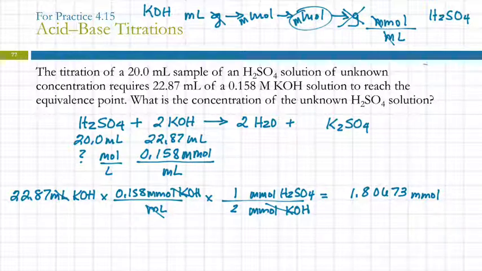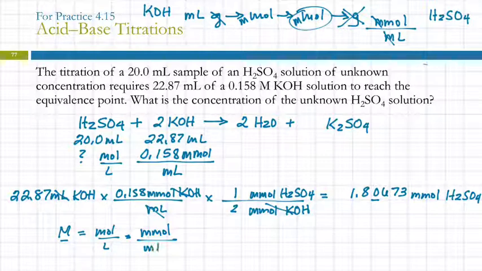We should always keep track of our significant figures. The volume had 4, but our molarity only had 3. So this has 3 sig figs. Millimoles of sulfuric acid. To get the concentration, molarity is moles per liter, or millimoles per milliliter. So I'm going to take the moles that I figured, 1.80673 millimoles,